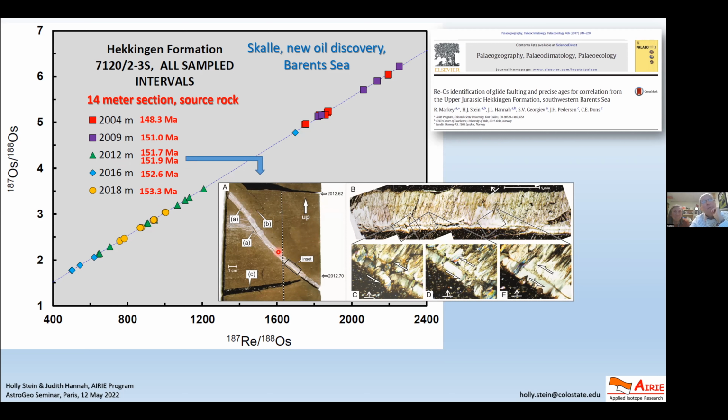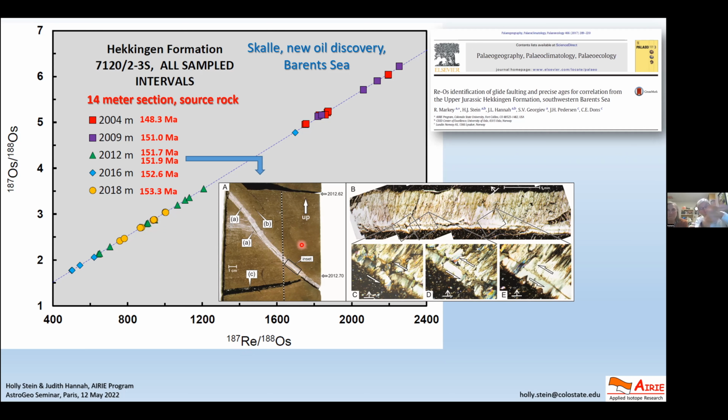And we finally realized that this little calcite vein, a few millimeters wide, was actually a glide plane, a fault surface. And here in detail in the thin section, it's where geologists do your homework, you see the movement in the breakage on this calcite vein, and you even see bitumen. It's asymmetric, fibrous calcite here. You see the bitumen in it on one side. You can barely tell that here. This is a bitumen vein. But anyway, we realized that we had a reversal in age. What's going on? We have a reverse fault, glide fault, where in this muddy, slippery stuff, a section has been thrust over, and we captured that.